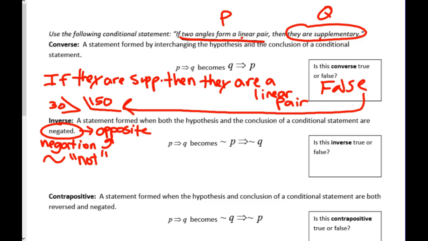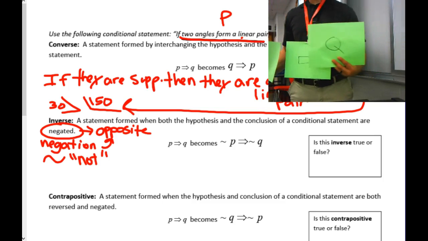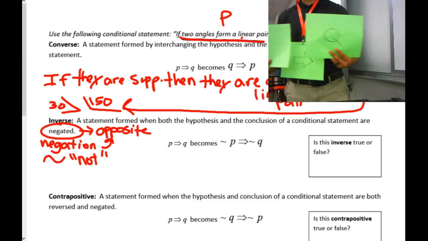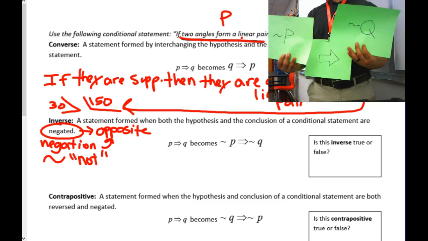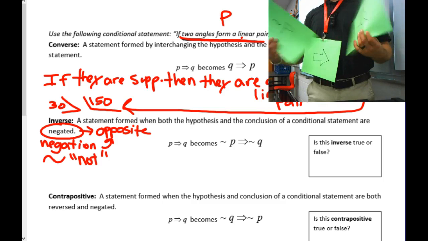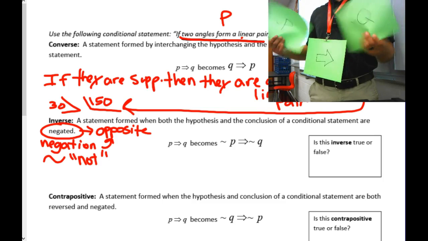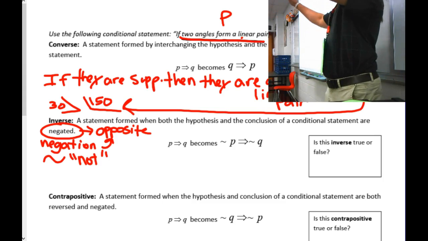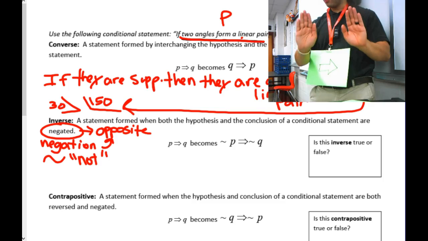So guess what I'm going to bring back? I'm bringing this back. All right, so I got P, arrow, Q. Let's recap. Converse was switching, right? Now, what do you think I'm going to do for inverse? So if you didn't notice, the back has negations. So everyone, look up here. I did not switch the order. I just flipped them over to make it squiggle P, squiggle Q. So P and Q are in the same spot, just with the squiggle on top, or in front, okay? So I want you, show me the hands. This is not a stick up, this is math. Show me your hands, okay? So this is a conditional. What was converse? What do I do?